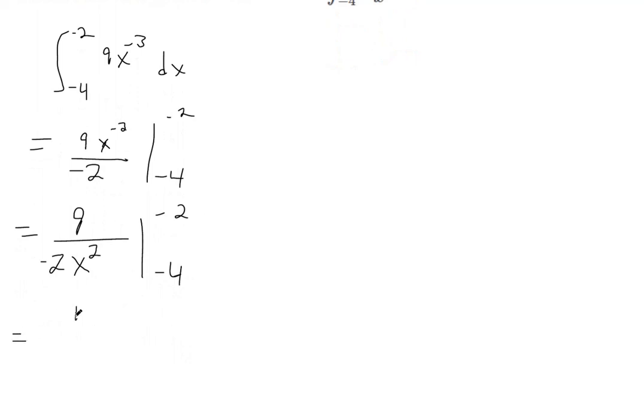So we plug in negative 2. Negative 2 is getting squared, so that's 4. 4 times negative 2 is negative 8. So we'll put the negative sign up top. And then that's the upper limit of integration. Now we plug in the